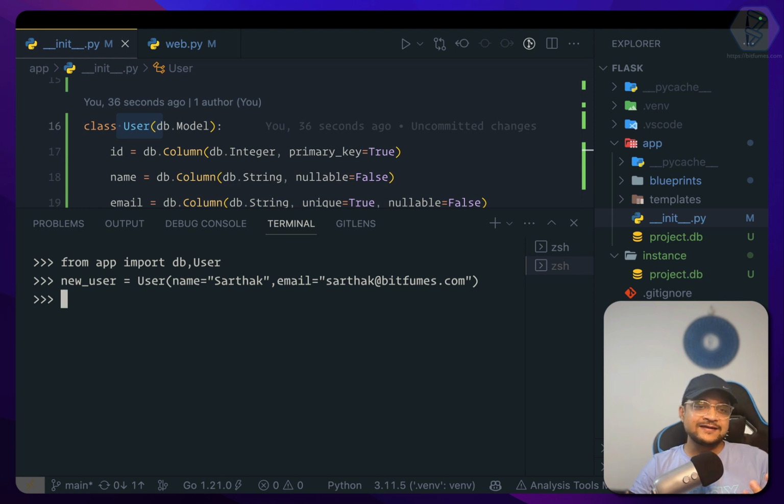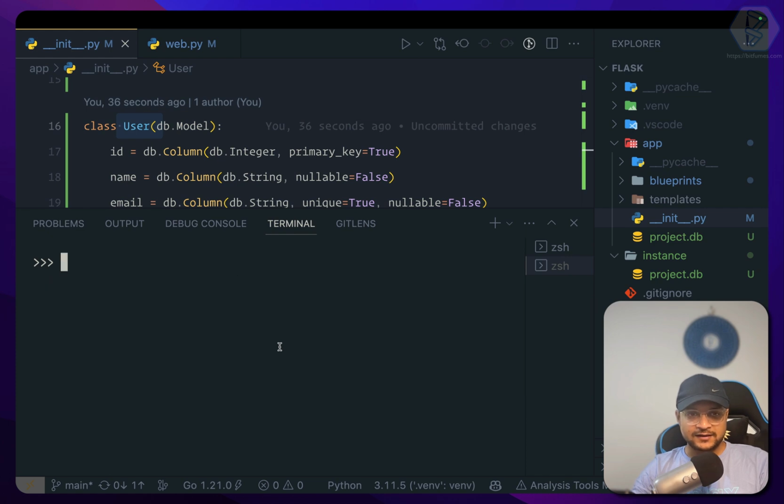Now if I hit enter, nothing happened, but if I say user new_user, you can see there is a transient. So what next we can do, I'm going to clear it, and then I say new_user.name, which is here, but this is just the new instance of the User model. We need to make sure that we have this User model and we need to put all this user information into the database. So we need to say